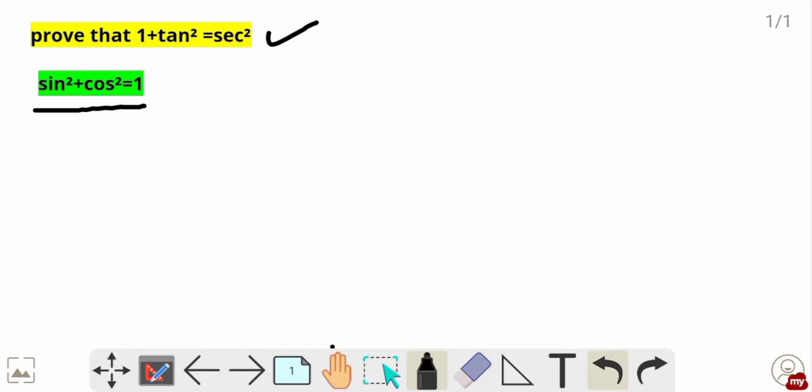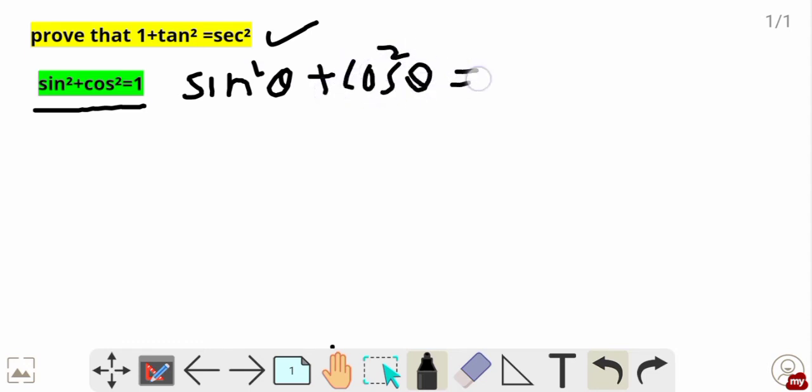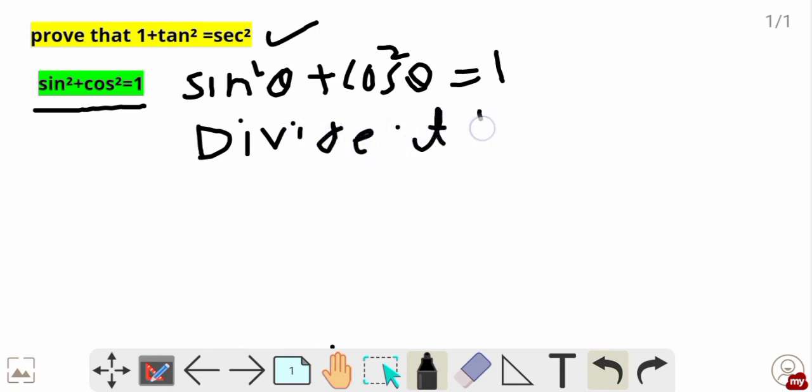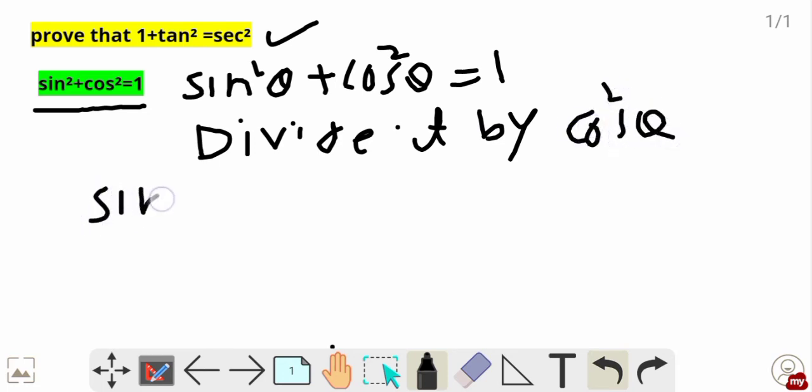So as we know, sin square theta plus cos square theta is equal to 1. So now we can divide it by